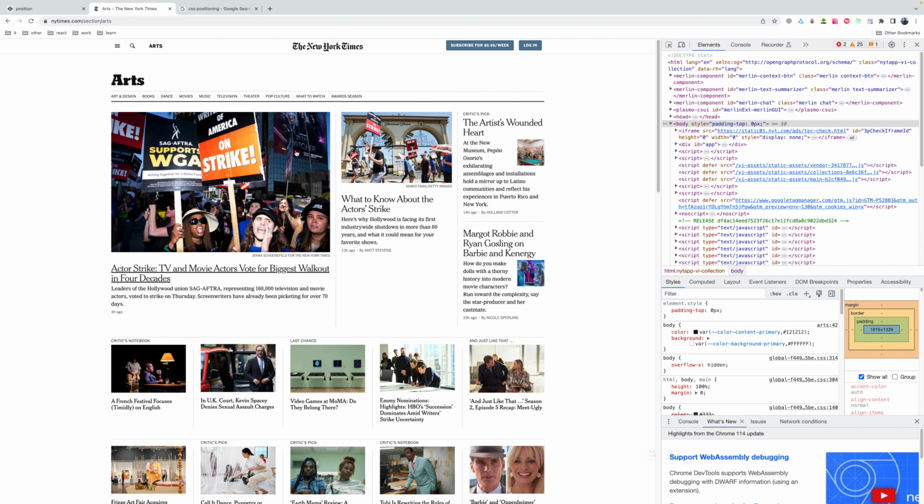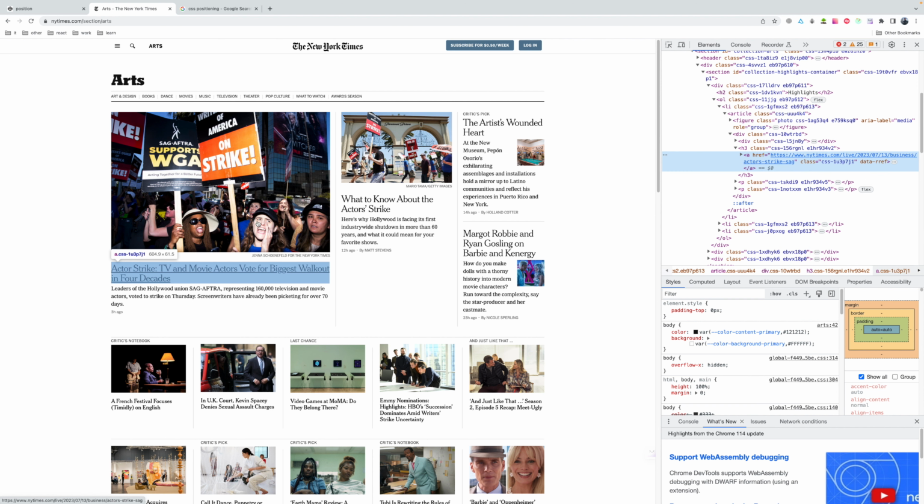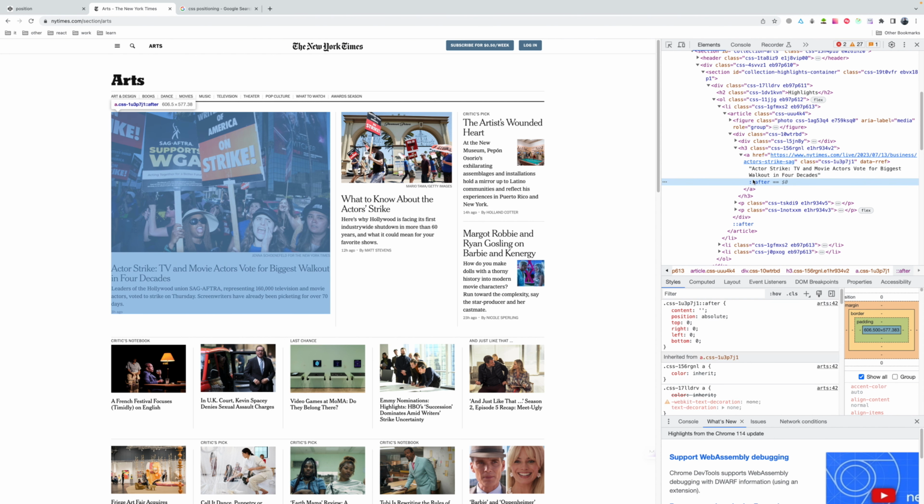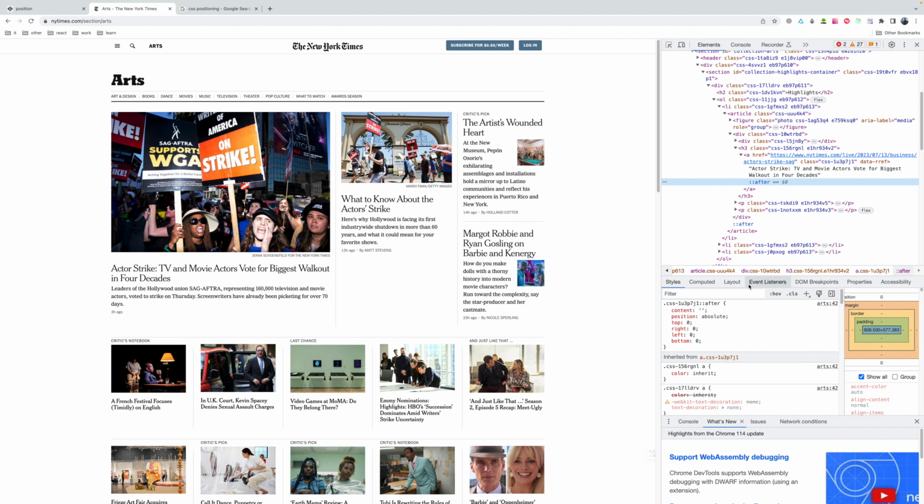Right click and select Inspect. After that, locate the after, and you will find the same method to expand the link. If we remove absolute, the link disappeared from the image.